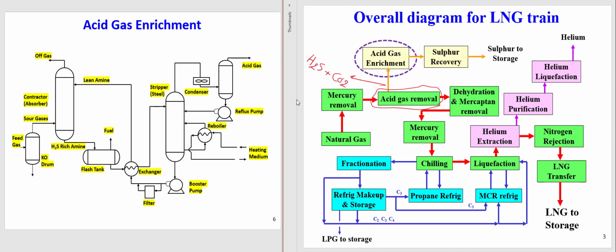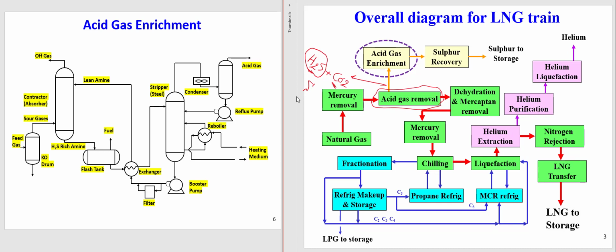But now CO2 doesn't have a lot of value while H2S has a good value. We can convert it to sulfur, elemental sulfur. We can extract elemental sulfur from H2S. Elemental sulfur has a lot of applications and can be sold at a higher price. So it's better to take advantage of this H2S that is available widely in natural gas and convert it to elemental sulfur S and sell it.